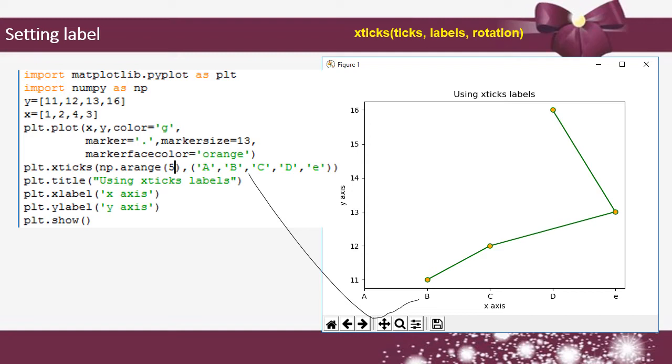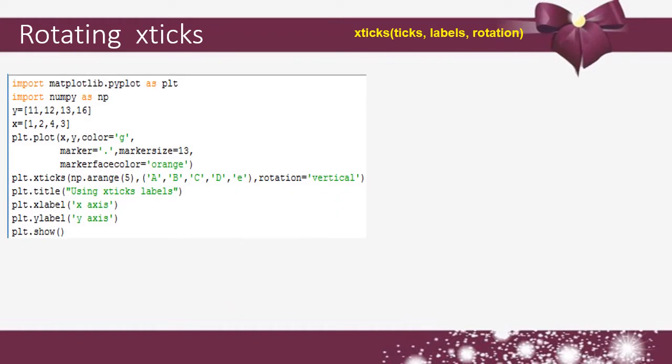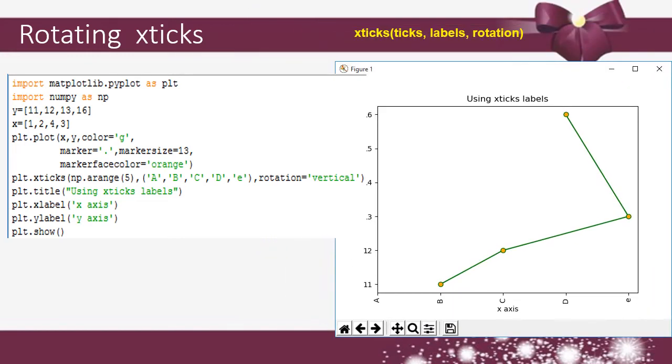So instead of 0 to 4, the letters, the labels, are displayed here. And the labels can also be rotated for a particular axis. See here plt.xticks of np.arange of 5, so 0 to 4, as well as the labels are displayed. But see the labels, the text is rotated vertically.